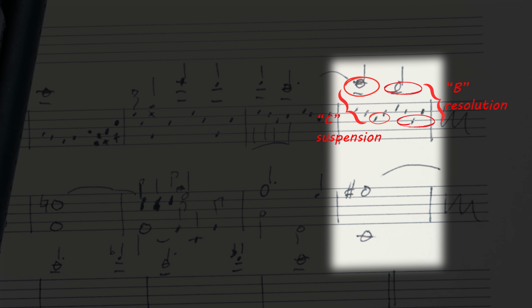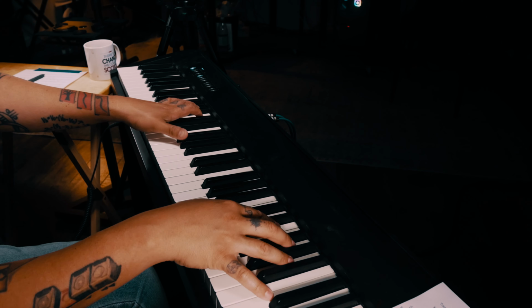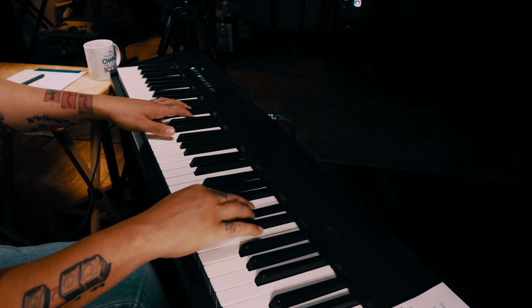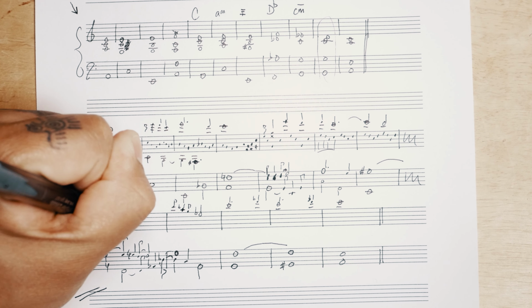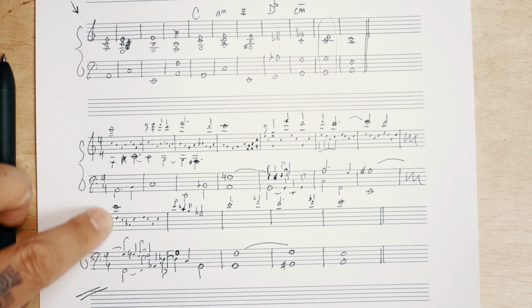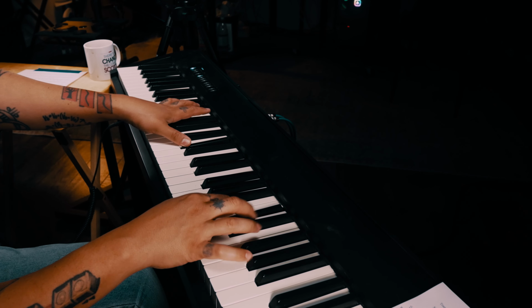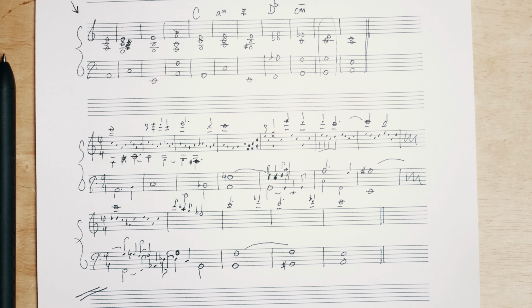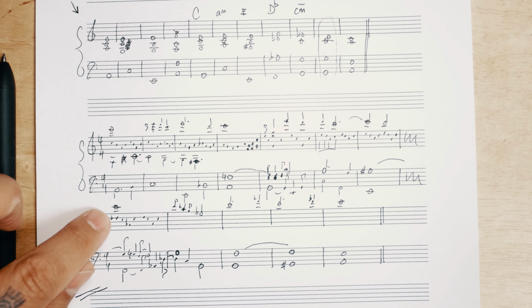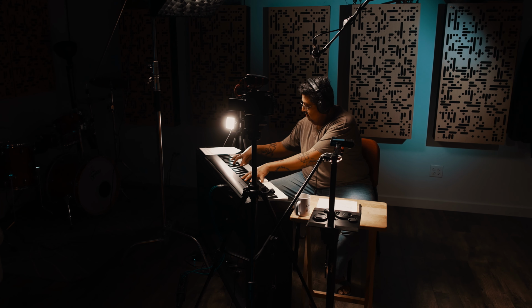Effectively double the suspension here. And then we can arrive on this D flat. When we land on this downbeat, it's gonna sound this chord, but because this D flat's going down, we're gonna keep that ambiguity. Still sounds like it's maybe sitting in an F minor, even though we know it's in a D flat, which